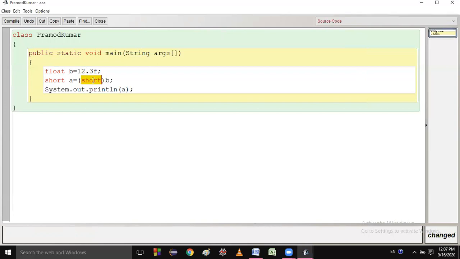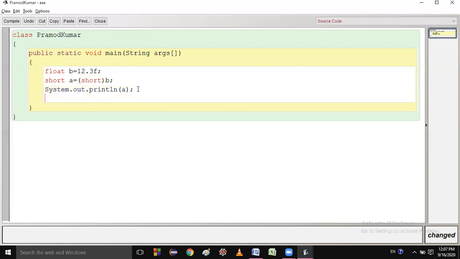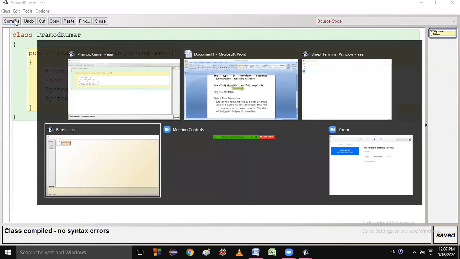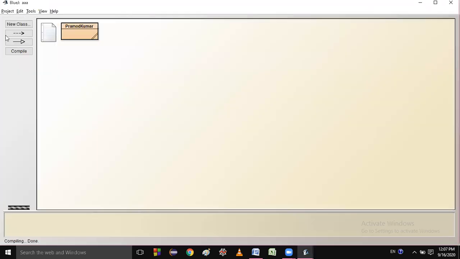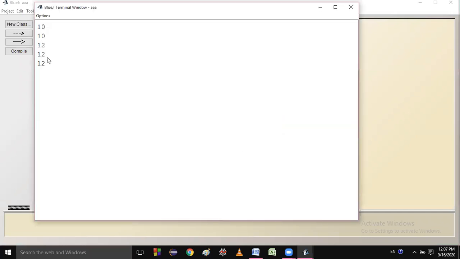Yes, sir. Okay, one more thing: methods I need to explain to you. There are two methods, println and print function. So let me differentiate between these two also. Suppose, students, if I print the a two times, just see here, then I will paste here and compile this one, then run this one. Can you see 12? Then after that there is a new line, there is 12.